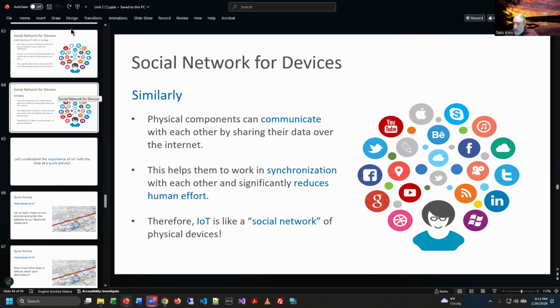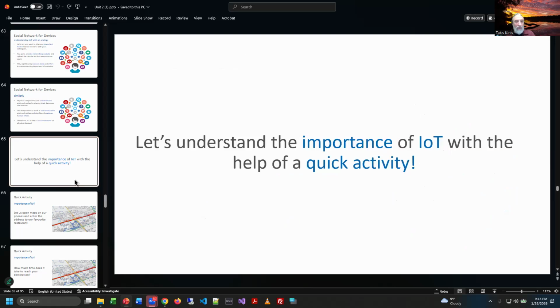Once again, the networking aspect of it is pretty important. Normally, the connectivity on many of these devices will vary. And I did mention the wired and the wireless. So in a way, they think of these IoT networks as sort of like a social network for devices. I don't know if I necessarily agree with that analogy, but that's the one that they're using here. So we'll just roll with it.